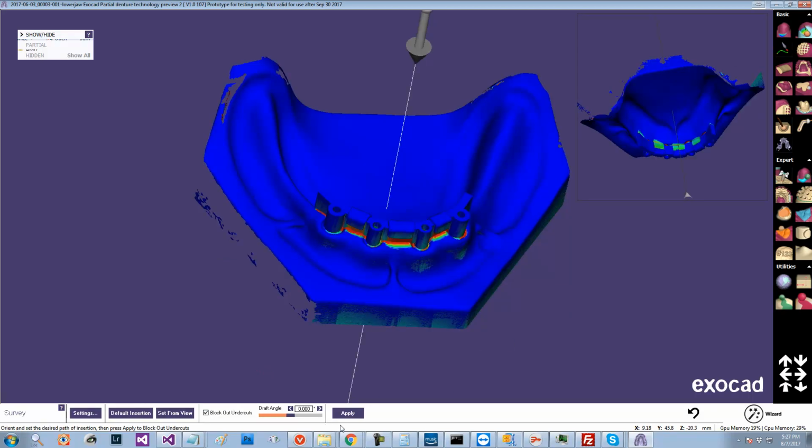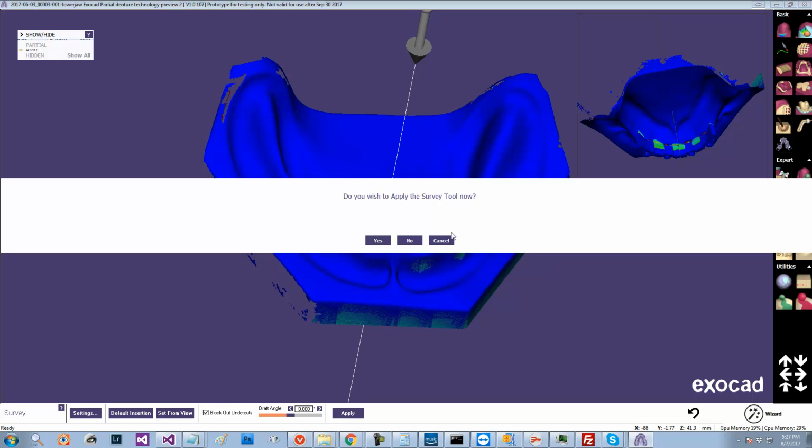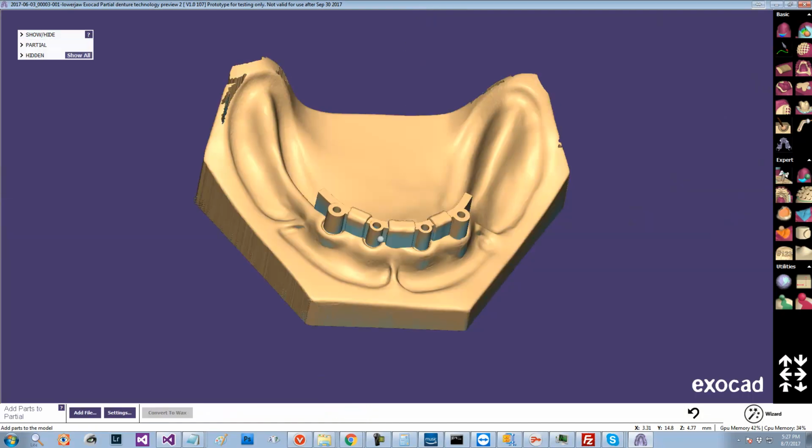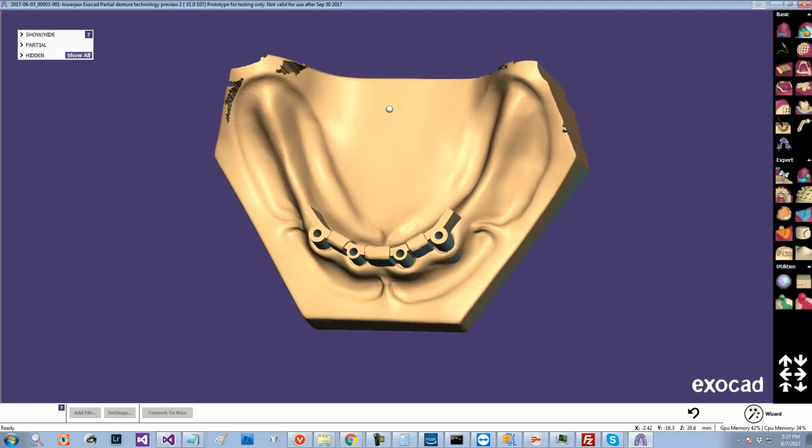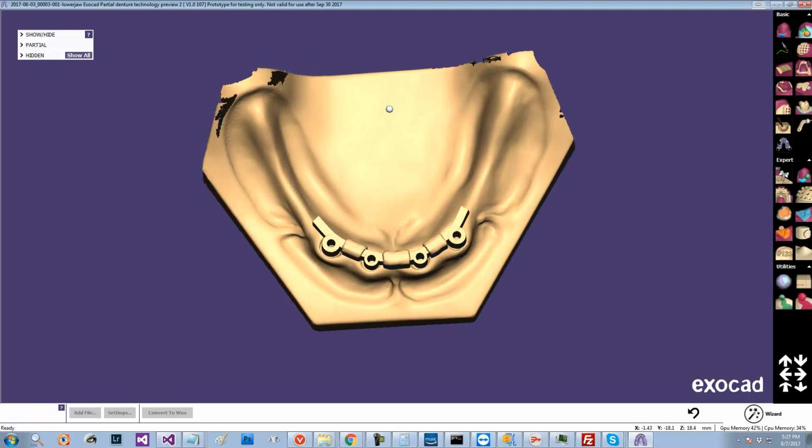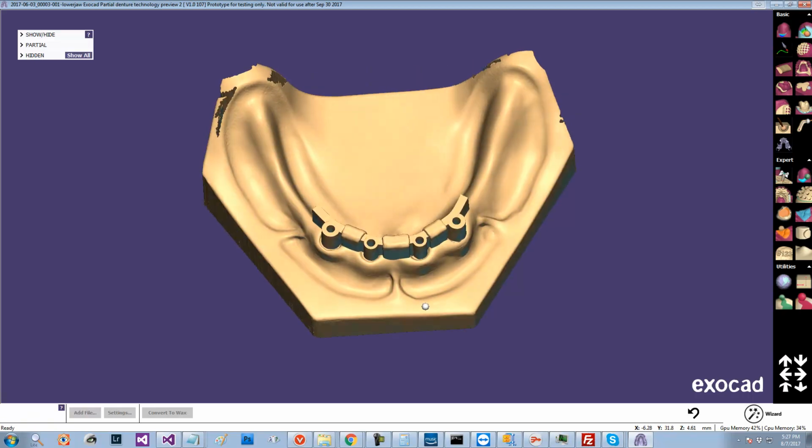Anyway, so let's go to the Add Part tool over here. It'll either be in expert mode or in your workflow, depending on how you start it up. And we'll apply survey on the way. Okay, so here we have this, the primary reconstruction has been scanned in. Some people also add it manually, so I'm seeing cases where this is a separate piece from the actual scan itself. I just wanted to point out that from the partials software perspective, you don't actually even need to scan it in, because